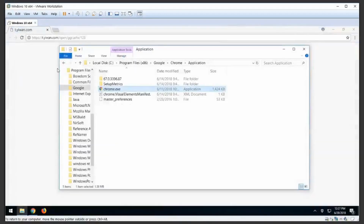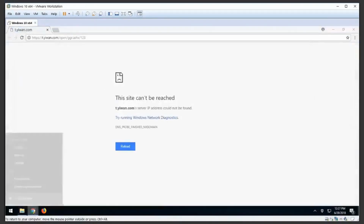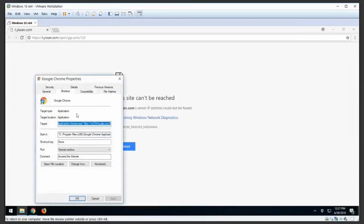This is set correctly. I'm going to check if our shortcut here has been affected. You can just do that by right-clicking the shortcut, right-clicking Google Chrome, and selecting properties. And we have here the shortcut properties. And we have a target file, which loads something